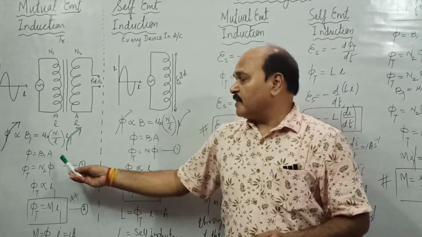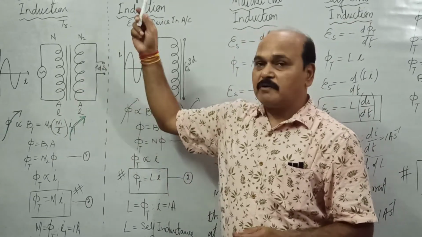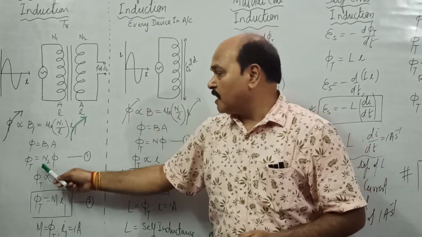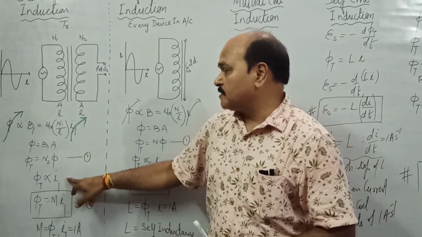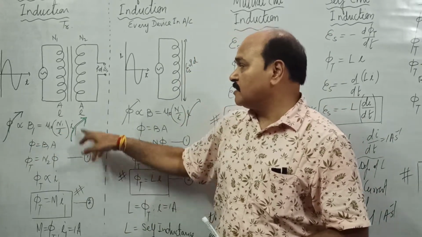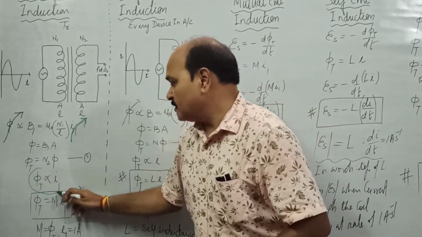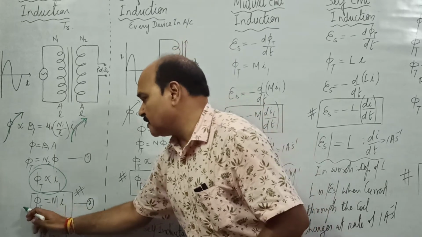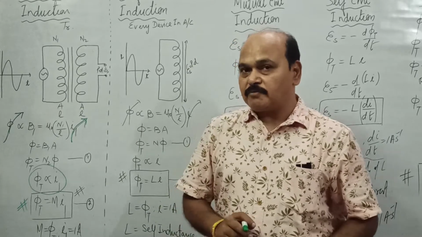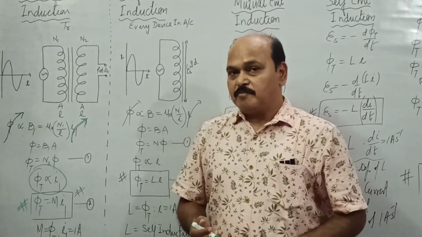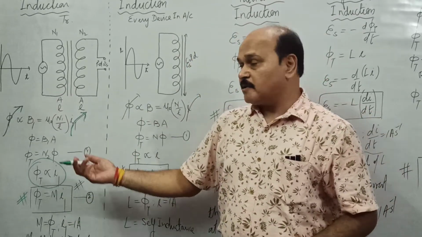Now, phi is the flux passing through one turn of the secondary coil, and there are N2 number of turns. Therefore, net flux is going to be what? N2 phi. And this net flux is directly proportional to current. So, net flux passing through secondary coil is directly proportional to current. If we remove sign of proportionality, we get a constant. That constant is called as M. M is mutual inductance of the coil or coefficient of mutual induction. And using this relation, we define the value of M also.